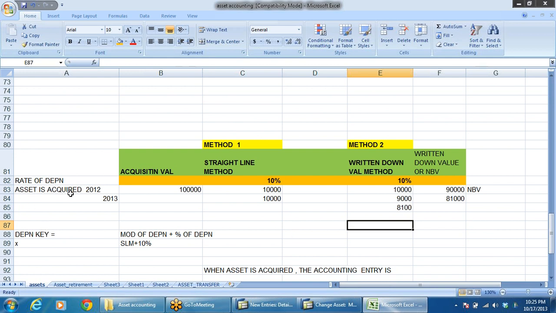Now the asset is acquired, say for example in 2012. First year depreciation is how much? 10% on original acquisition value. In 2013, same 10,000, that is 10% on 1 lakh. So in 2014, same 10,000. But whereas in case of written down value method,